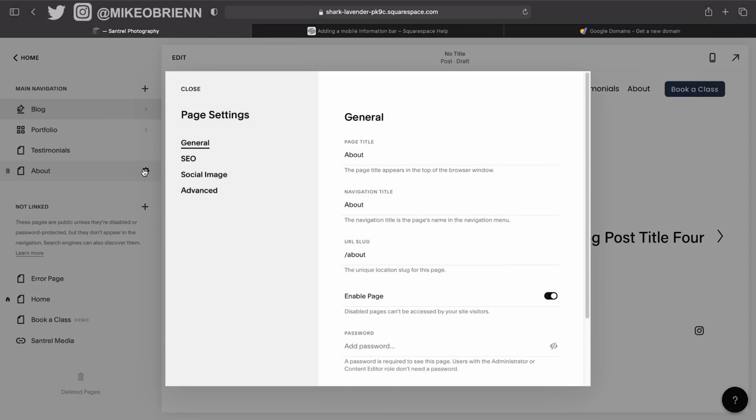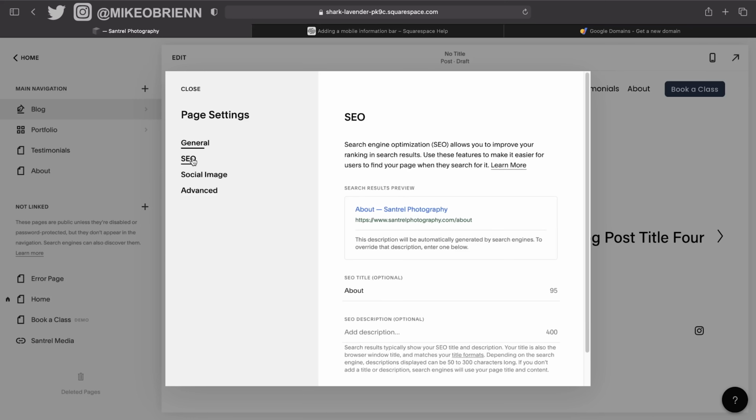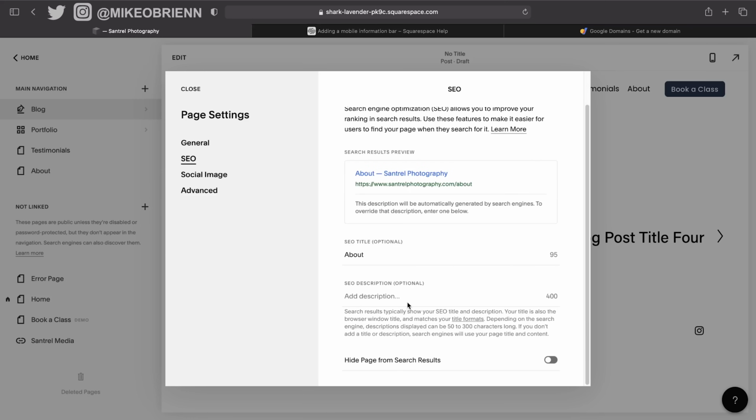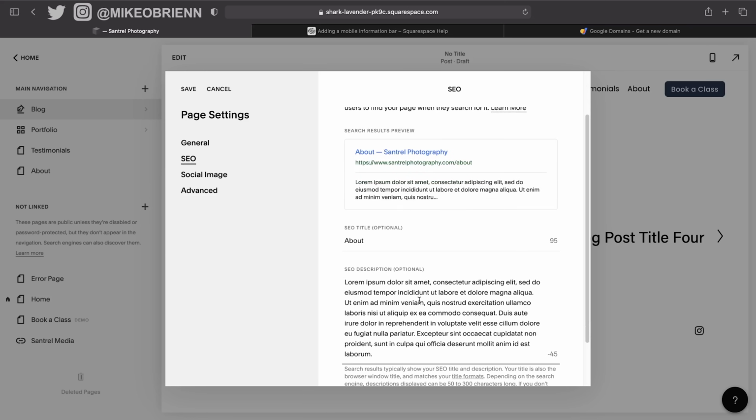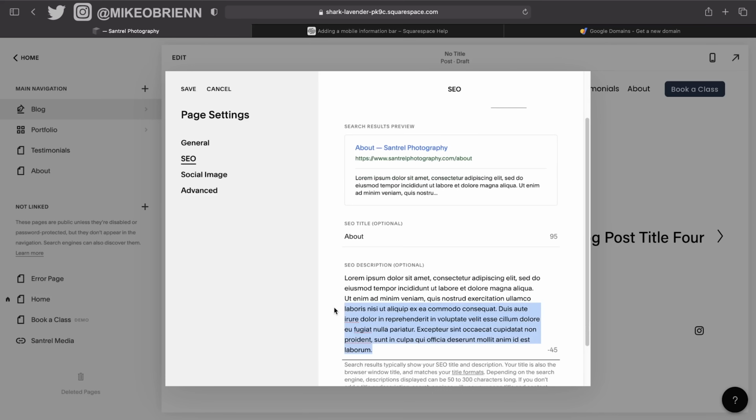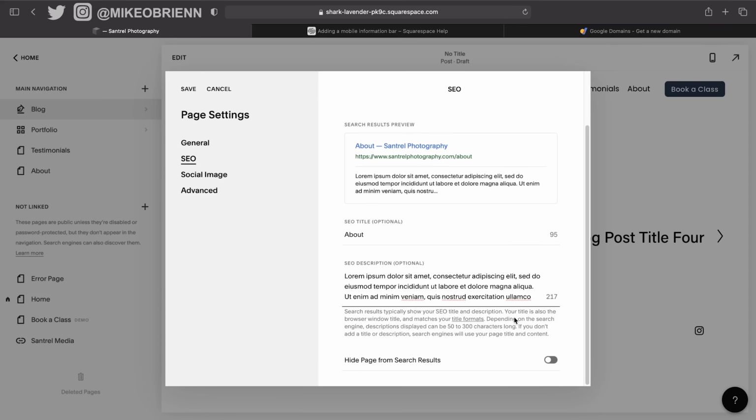So for the About page, if we go to SEO, you can add your own little description. So I'm going to add our meta description there, which is currently too long. Again, I like to keep that around 200 something characters. I recommend checking this out. If you can find it on Google, it is an early website, but if you can find this on Google